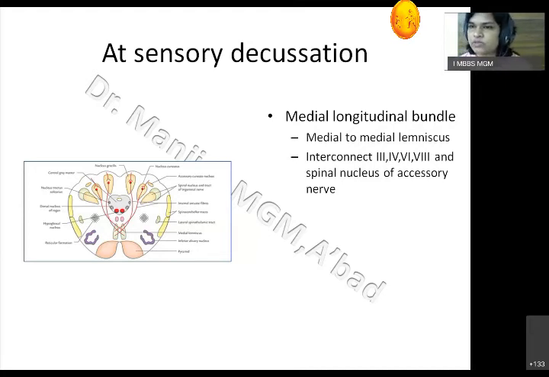So what is the function of this bundle? Whenever there is a sudden sound on your lateral or posterior side, which is heard by the 8th nerve, your 3rd, 4th, and 6th nerves will involuntarily stimulate, and it will cause movement of the eyes towards that side, and along with the neck. So the accessory nerve will supply the sternocleidomastoid and trapezius, which helps to move your neck toward the sudden sound. So that is the function of the medial longitudinal bundle.